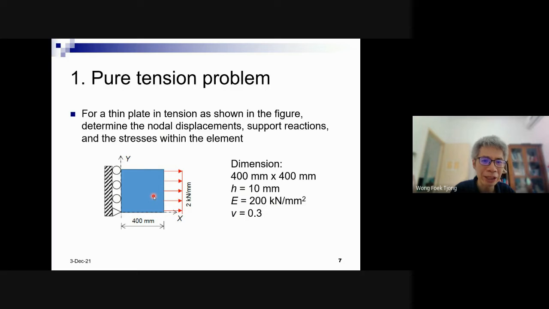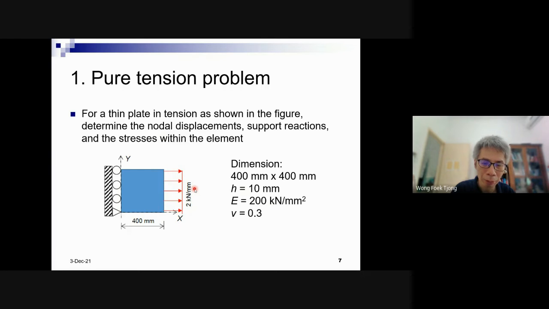This is just pure tension, like a bar, right? So this is like a bar problem actually. Small bar, okay? So the stress you can expect is just this one, right? This divided by the area, divided by the thickness actually, 0.2, because it becomes 0.2 kilonewton per square millimeter. This is the surface traction, but given already in the unit of millimeter, not in the unit of stress, okay? Per unit millimeter.